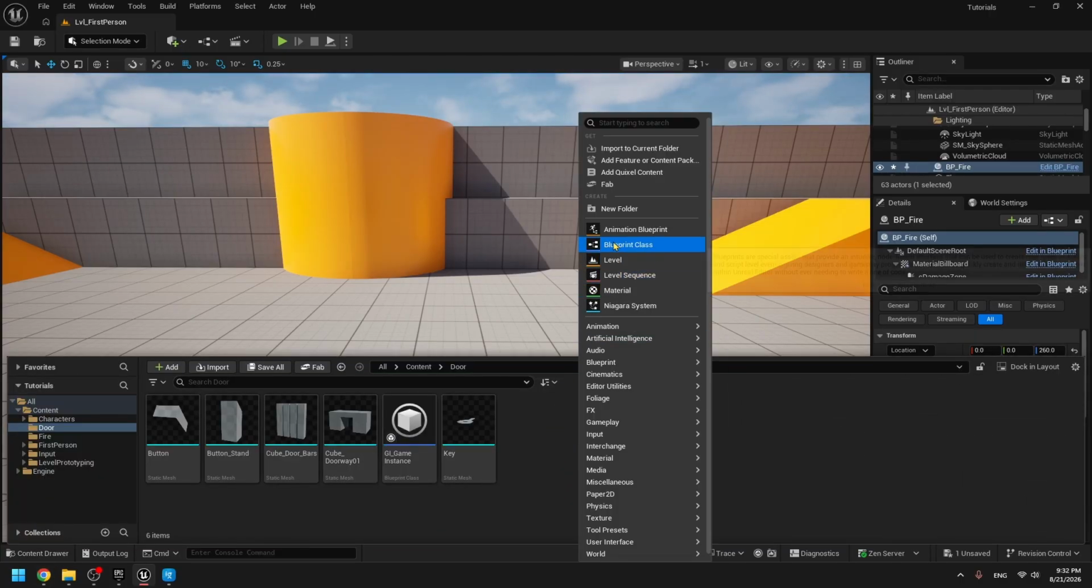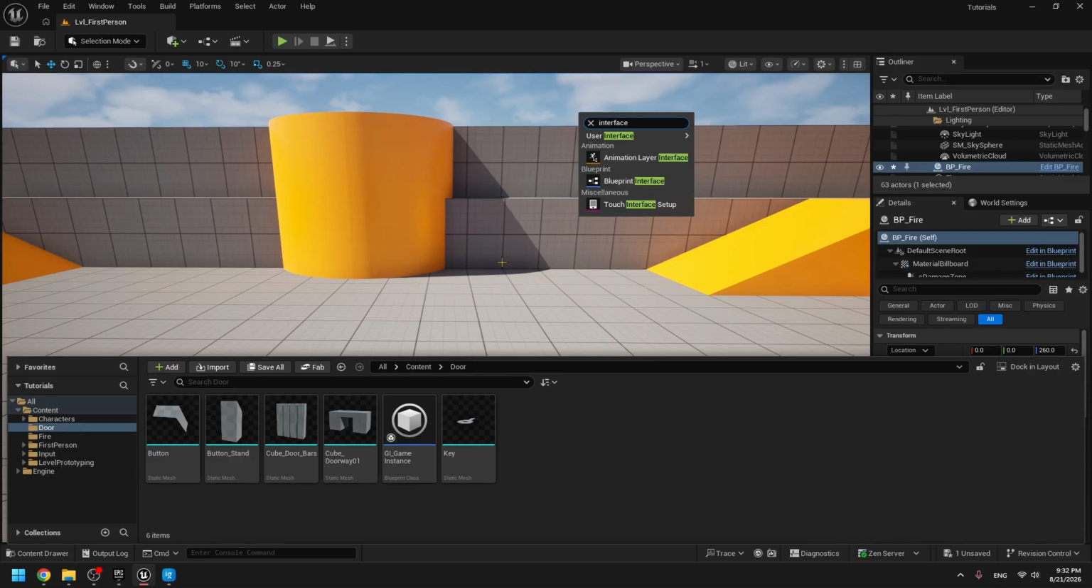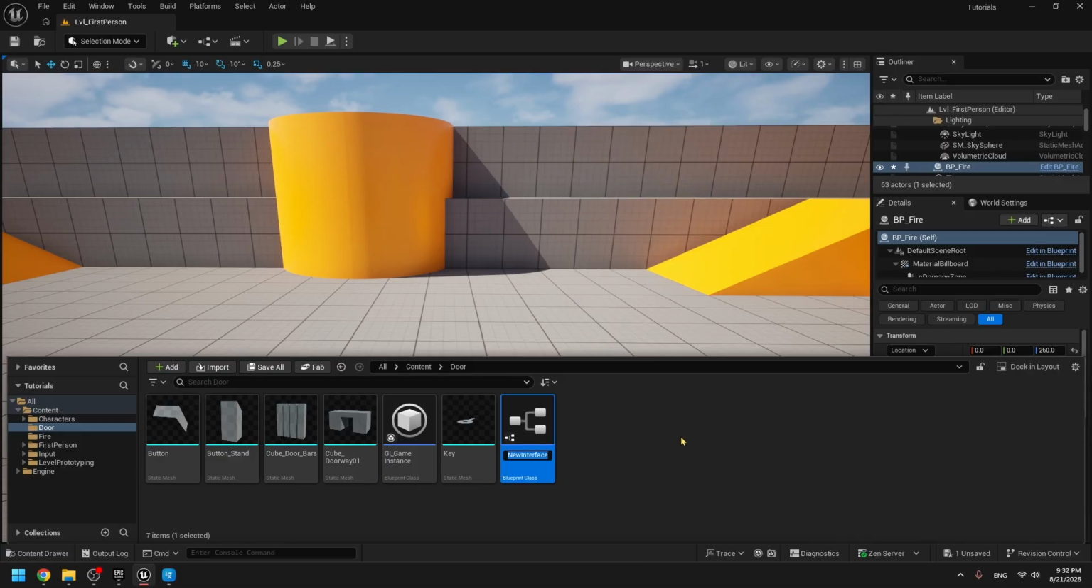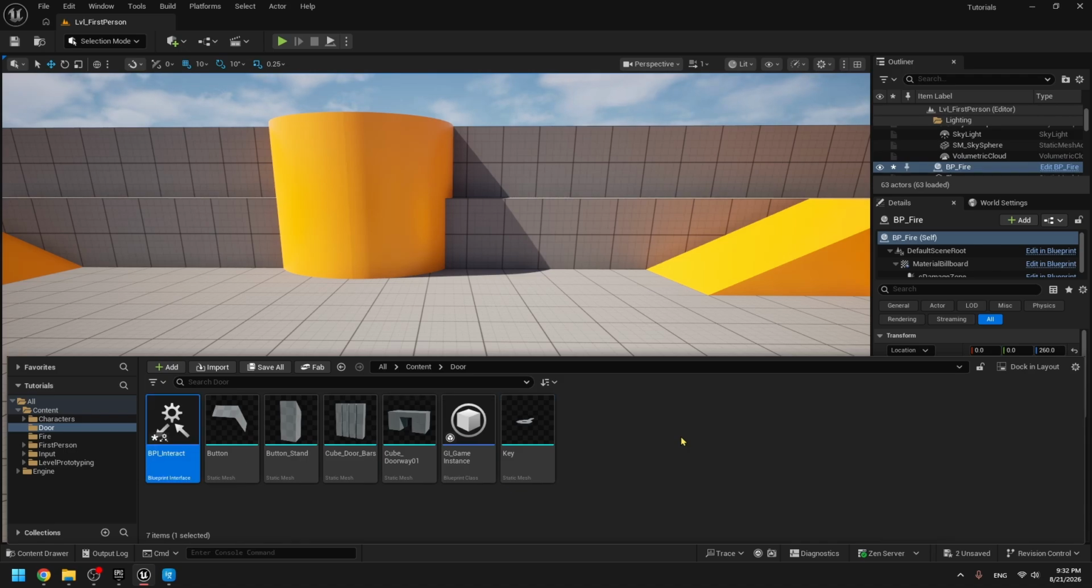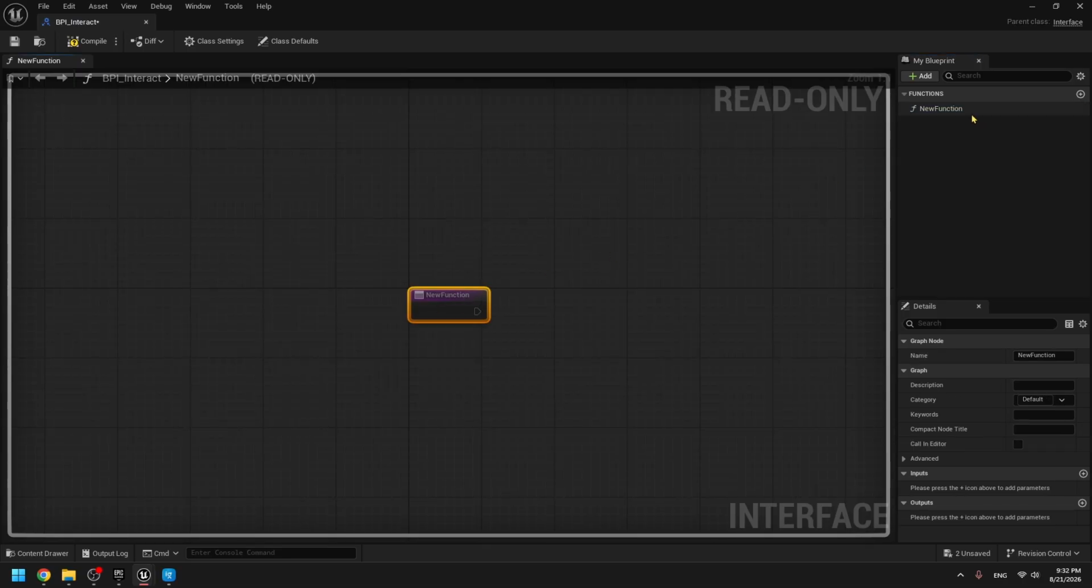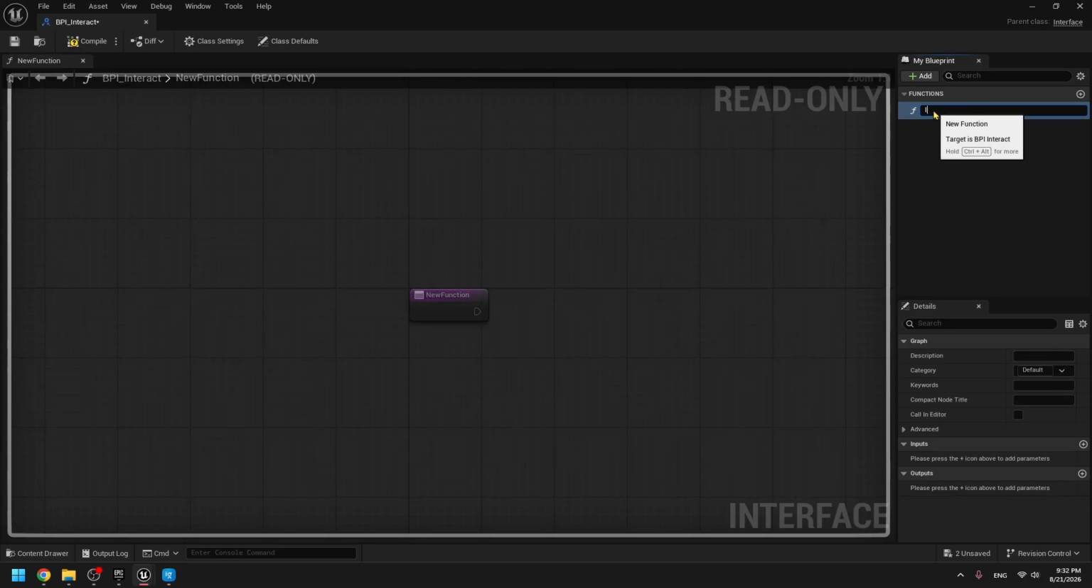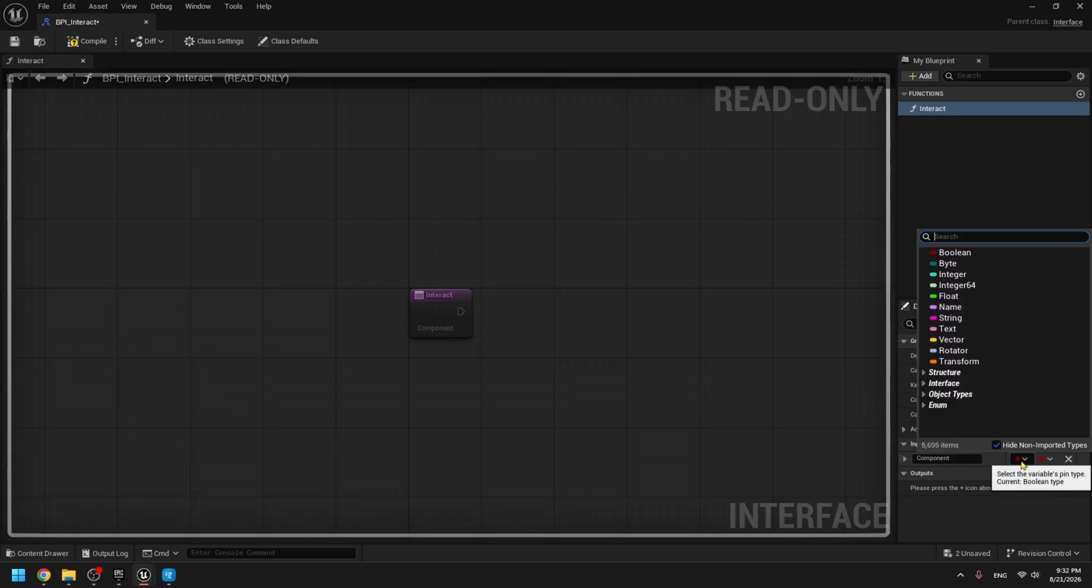The next thing we want to do after making the game instance is right click and search for interface. Blueprint interface. Call it BPI_interact. Save it, double click. We're going to call this new function here interact. And we're going to put an input. The input is going to be called component. And the type is going to be